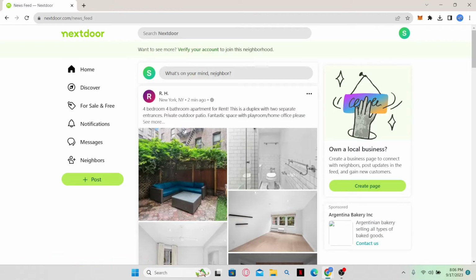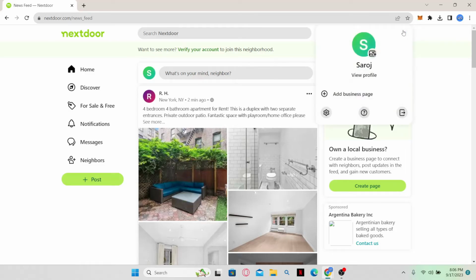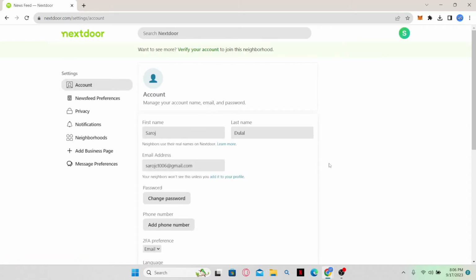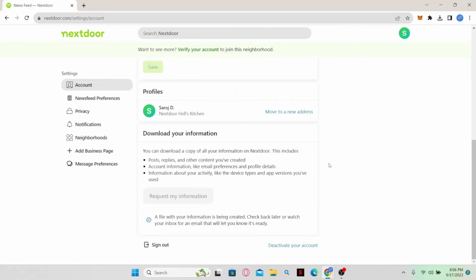Once you log in, you will end up on the home page where you can click on your account icon at the top right corner to go into the settings page by clicking on the gear icon. Now from the settings page, just scroll all the way down and you will find an option to deactivate your